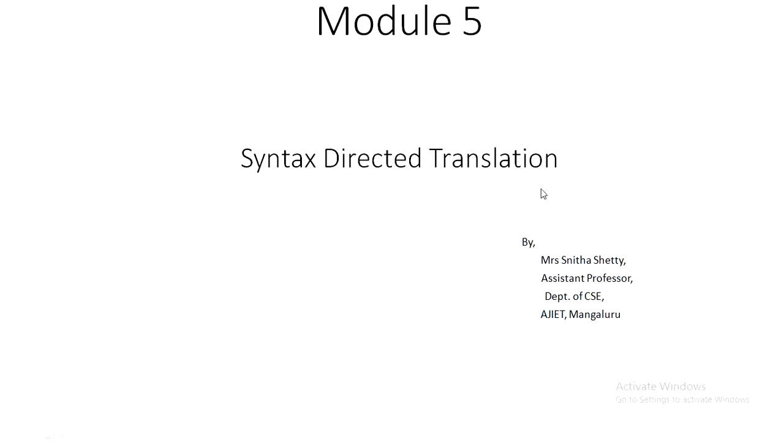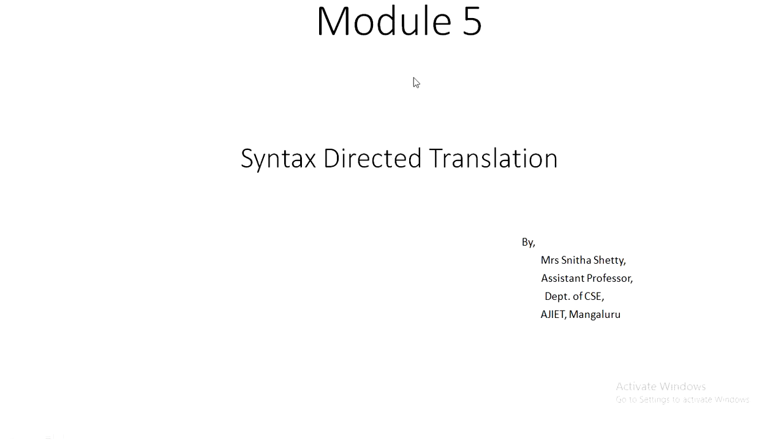In this subject, System Software and Compiler Design, the first two modules are about the assembler. The next three modules are about the compiler, that is, the compiler phases. In module 3 we have seen the lexical analyzer phase. In module 4 we have seen the second phase, that is the syntax analyzer, the parser. We have studied module 4 about the parser in detail.